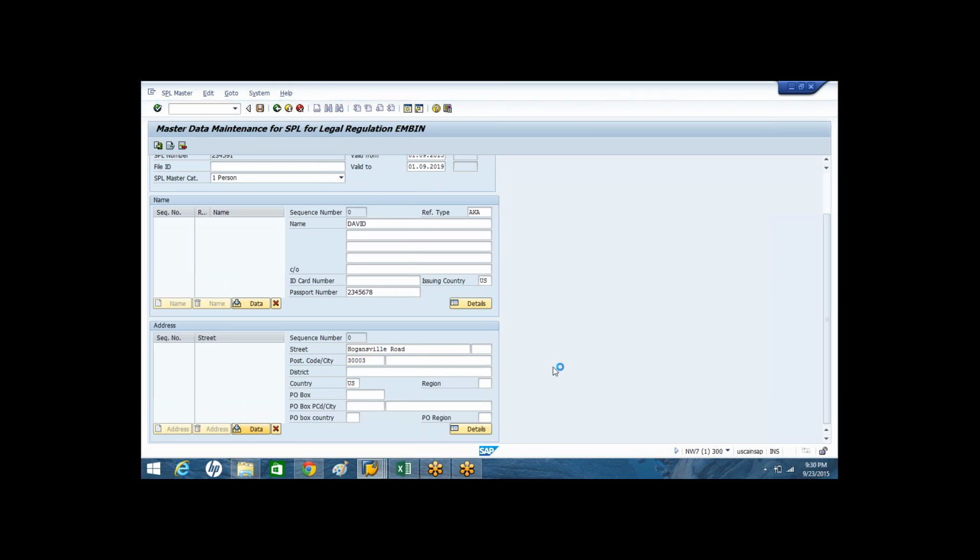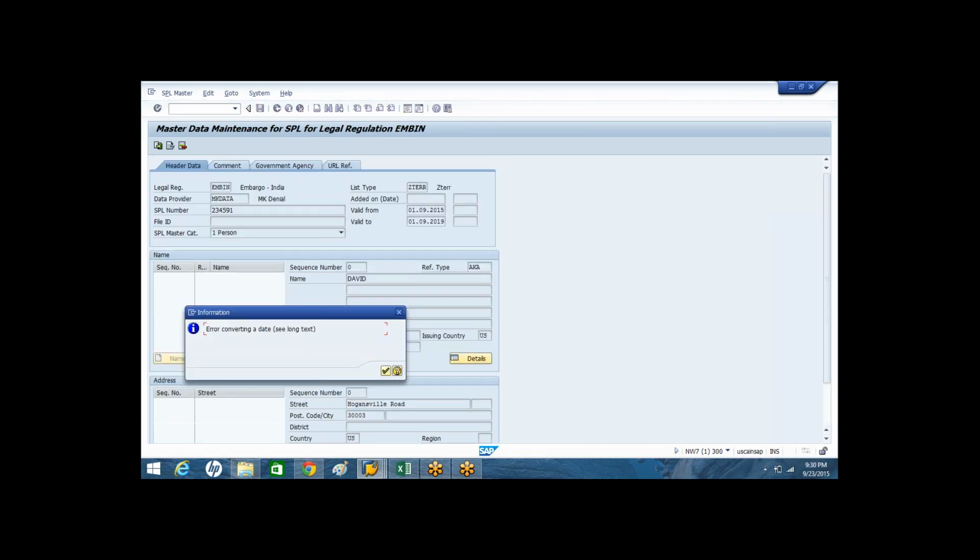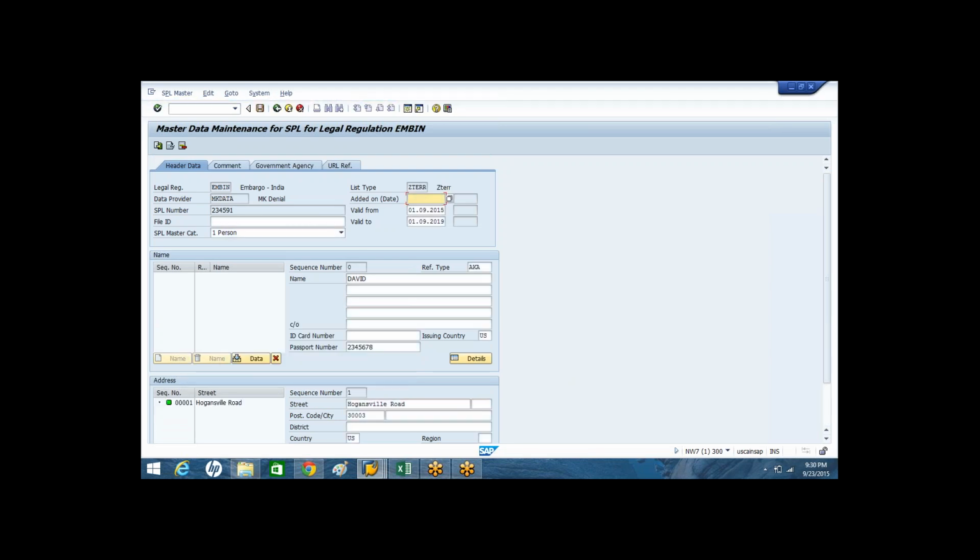Whatever number you would like to give, that can be given by us. I have given my own number. Whatever number you would like to give, that number. Before, it was not defined. I gave the new number.